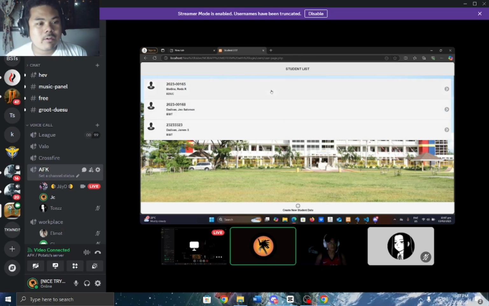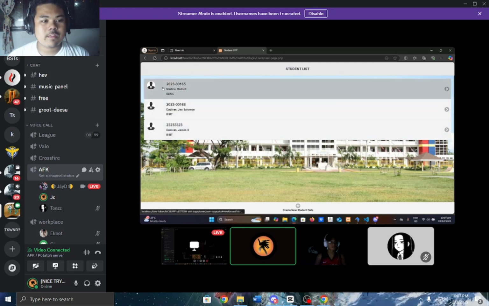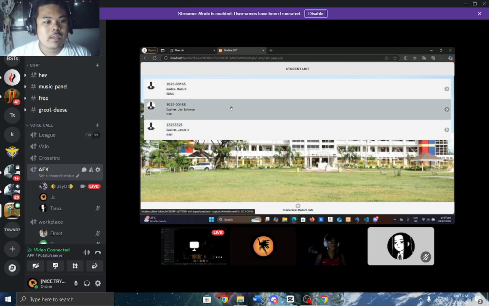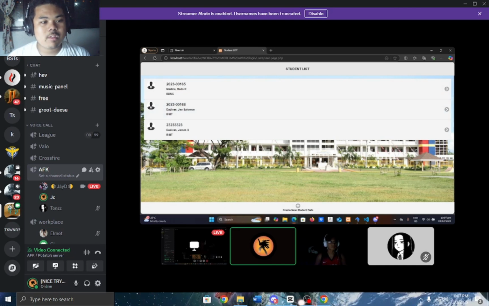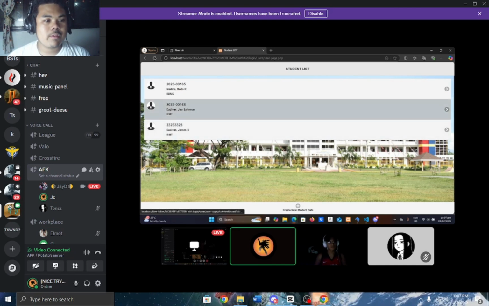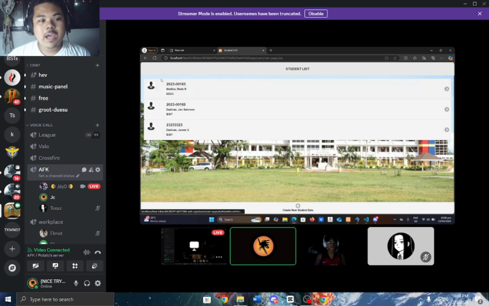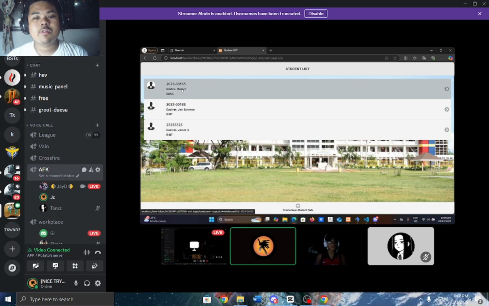Here we have various student records that we have already created. For example, we have 2023-00168 Taribas Geo Salomon, of BSIT. This shows the student profile picture, student ID, student name, and course.